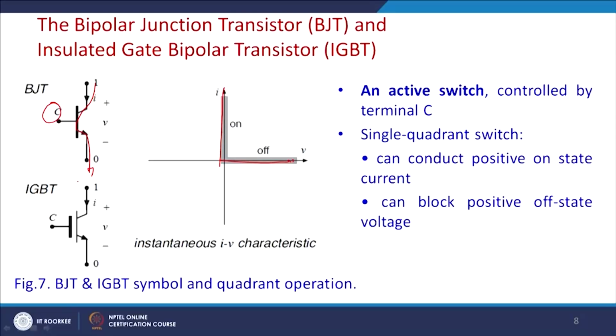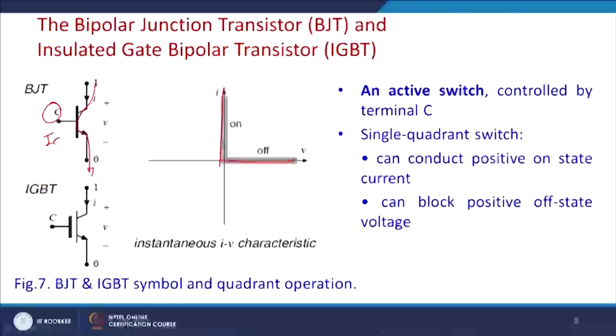For this reason, this is also a BJT, and the difference between the BJT and the IGBT is just the gate voltage and the gate current. Here you require base current IB to take it from the cutoff to the transition region. There you have to apply a voltage, so the power consumption in the gate is much reduced. But otherwise, as per the quadrant of operation, these two devices are the same. Now,